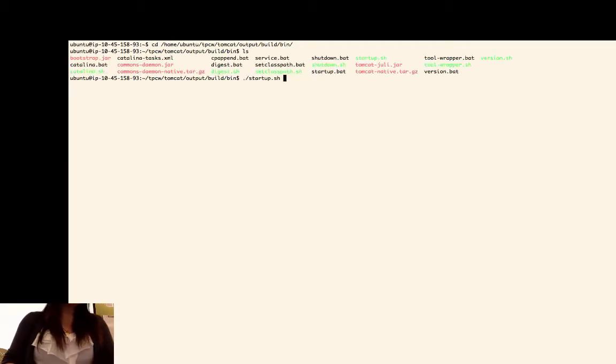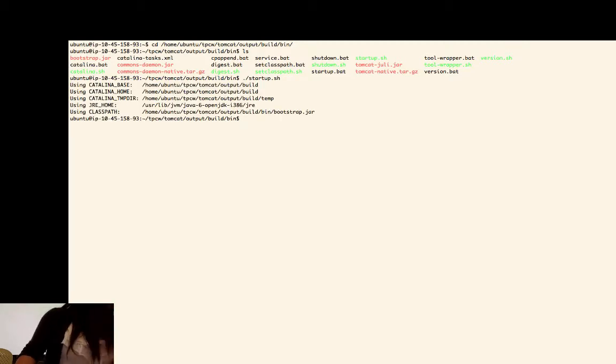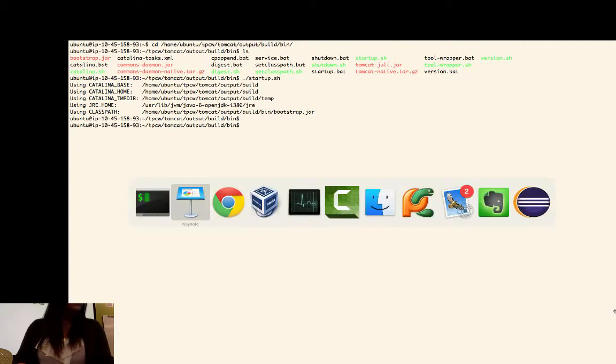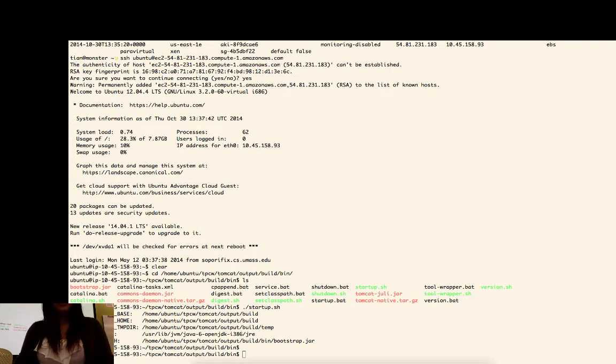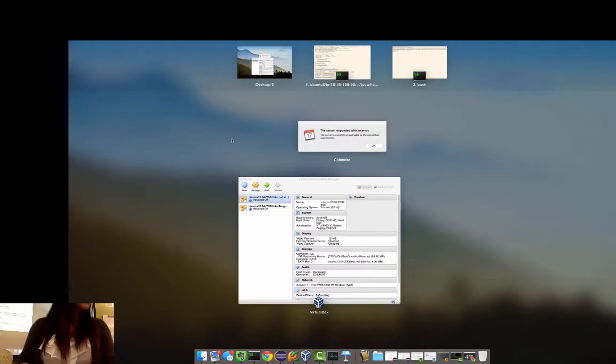So what we're going to do is start a web server, the Tomcat, Apache, whatever. You can use whatever web server you want. So we start it up, and then it is up and running, and then we're going to see whether it's actually running or not in the browser. Browser, where are you? Okay, browser.